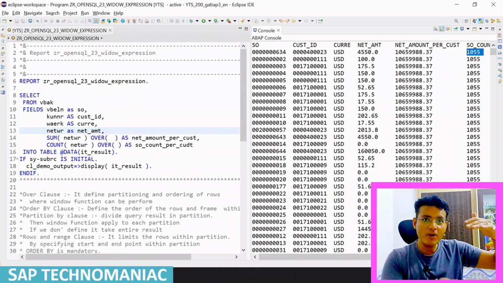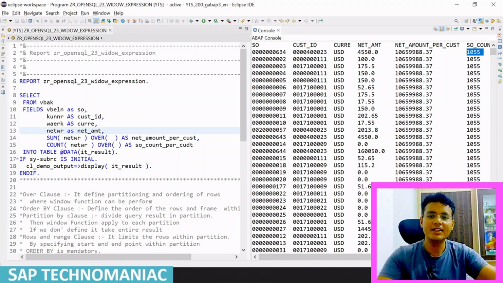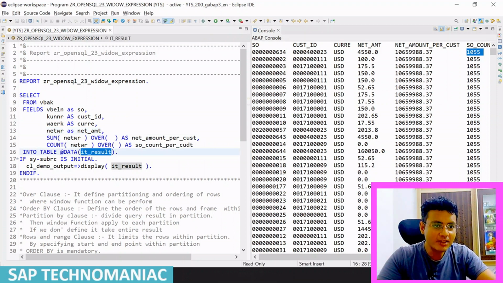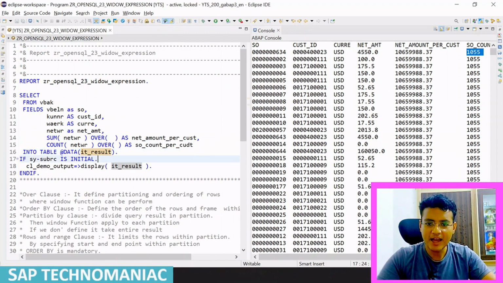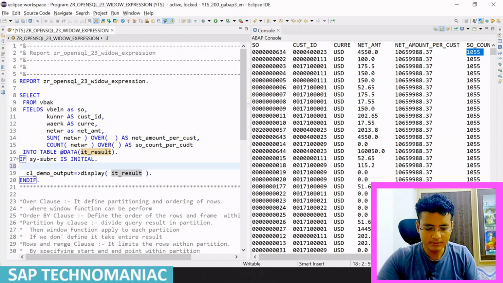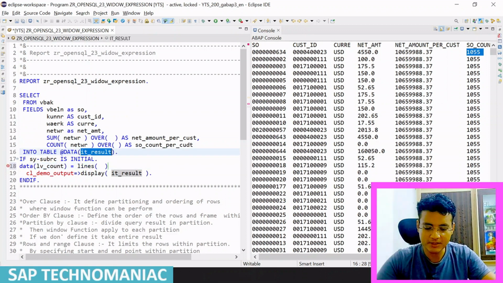Now we have one window, the entire result. How many rows are in this particular result? The result is 1055. I can show you that also. So let me do one thing, Control Z. If I count the lines, LV_count, let me do an inline declaration: data, LV_count equal to lines of, I want to count the lines of this particular result. Control V,